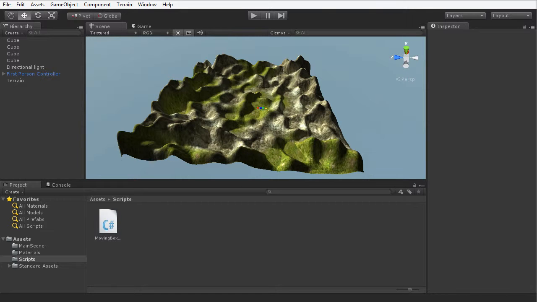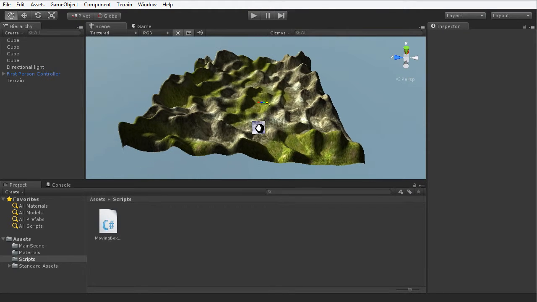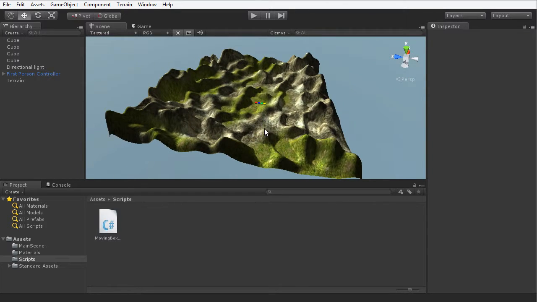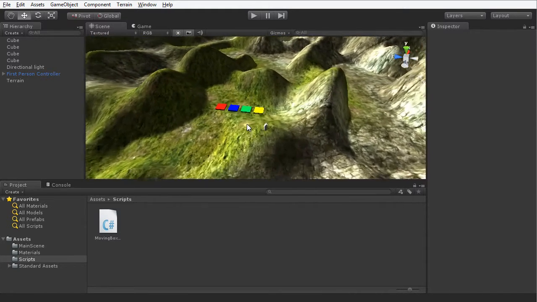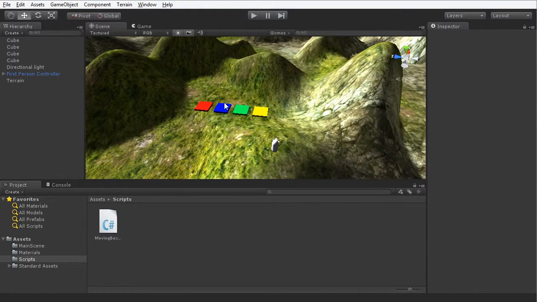What we have in front of us here is a terrain scene that is included in the course files. It is a scene that I've gone ahead and created here. The terrain is not absolutely essential for our purposes, but I have created it to give us a backdrop that is a bit more pleasant to look at than the default empty Unity scene that we get when we create a new scene. So if I zoom in a little, you can see that I have here 4 colored boxes: